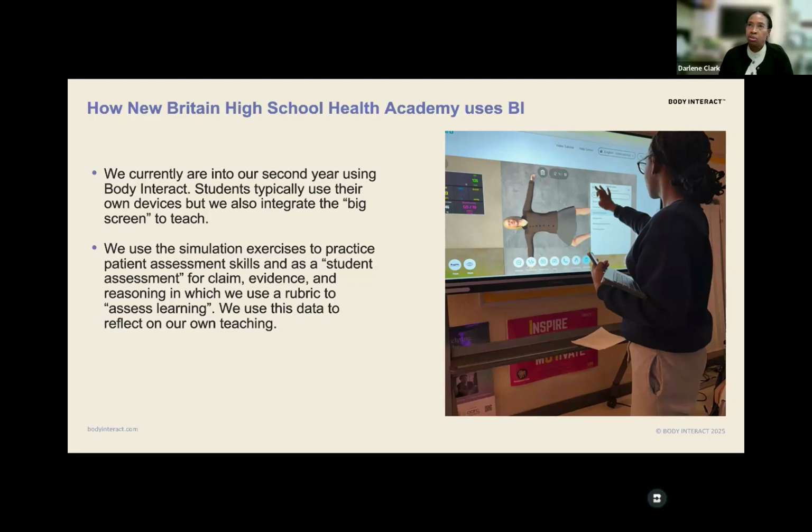We use the CER form and we calibrate after we give the first CER using Body Interact. We come together as an academy, as a group, to make sure that we're all looking at their forms and assessing or grading them